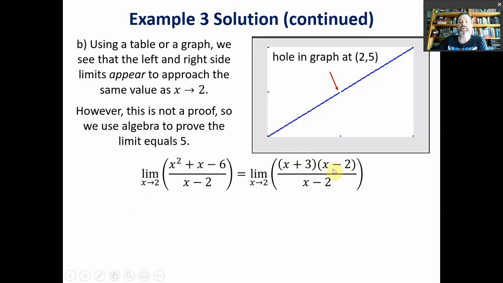So I factored the numerator, because I know if there's a hole in a graph, that tells me that there's some copy of the denominator sitting in the numerator somewhere. That's what a hole in the graph tells you, like this kind of hole without an asymptote. So I tried to look for a factor of x minus 2. Turns out there is one. When you factor this polynomial, this is what you get. And that didn't work for the other one; for the first function we saw, it didn't factor. Well, you can cancel these x minus 2 terms,